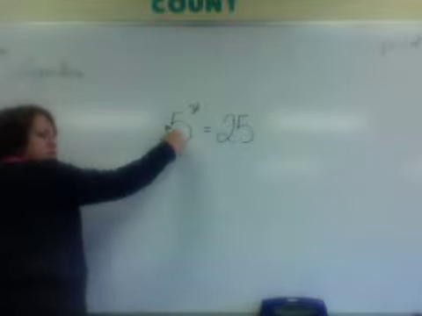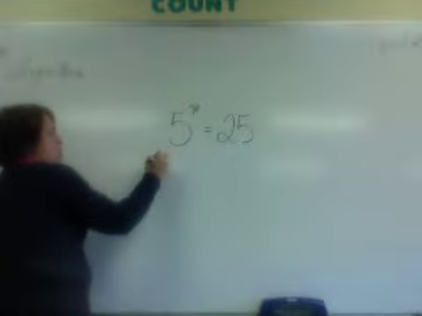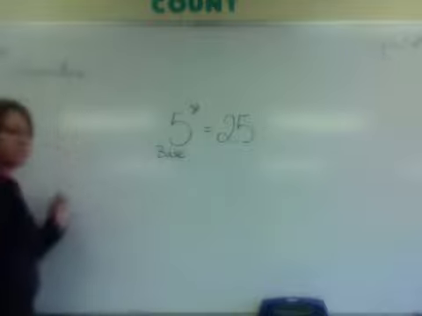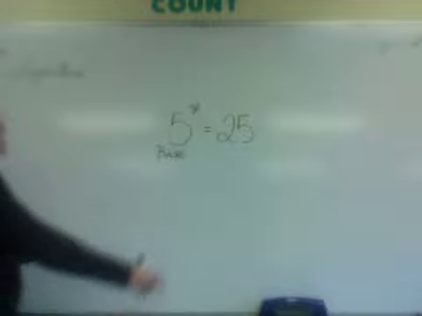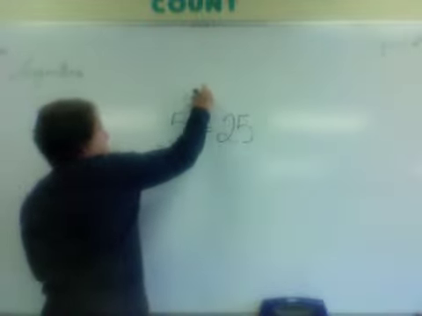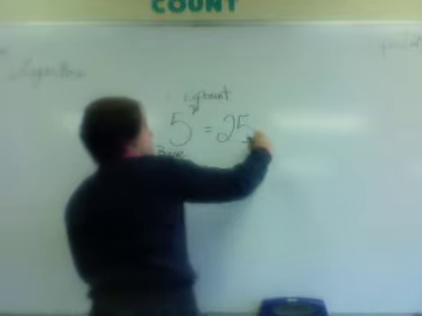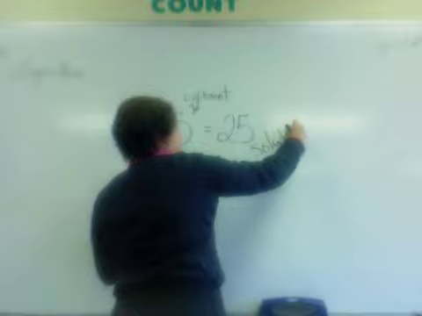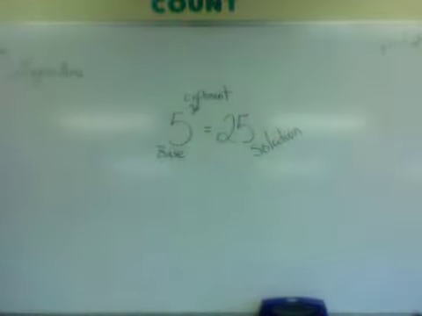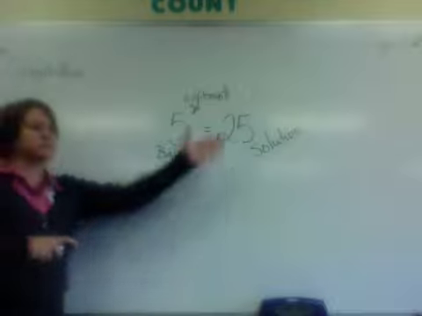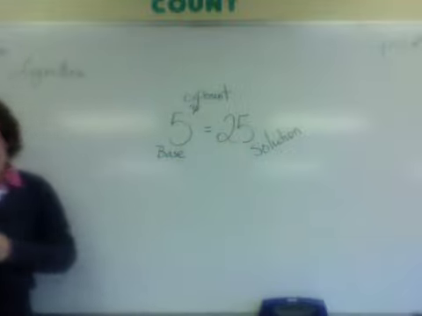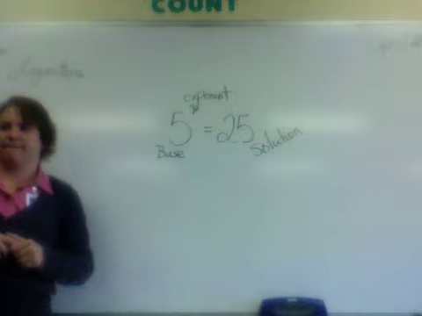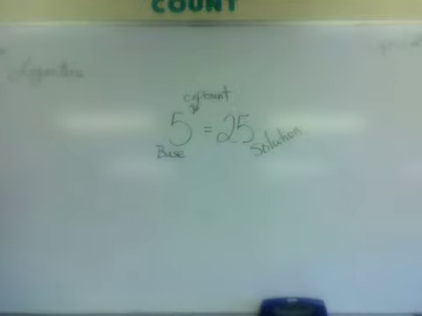This is called the what? What did we call this all last week? Base. We called this number the base of the expression. It's also the base in a logarithmic expression, and we'll see where it's located. This is our exponent, and this is our solution, or our answer, right? When we raise 5 to an exponent, we get 25. So we have our base, we have our exponent, and we have our solution. So if you raise the base to an exponent, you get a solution? Yes. Okay. Now in a logarithmic expression,